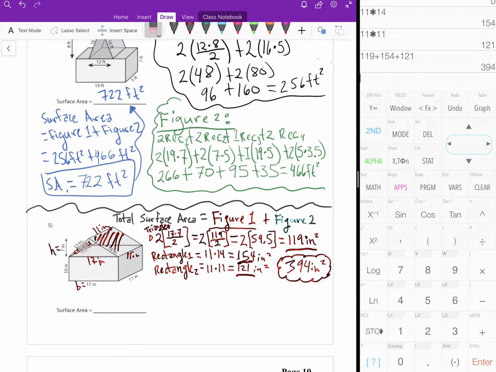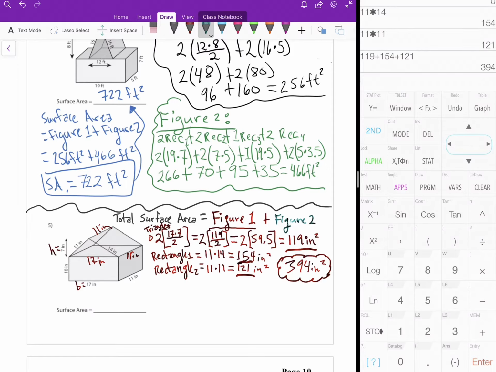Alright, let's clean it up. Alright, so figure 2, I'm going to use a different color. Figure 2, did I get it? There it is, figure 2. Alright, so figure 2, it's just going to be